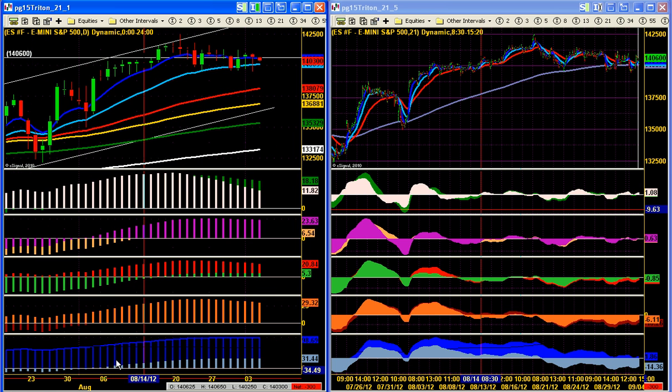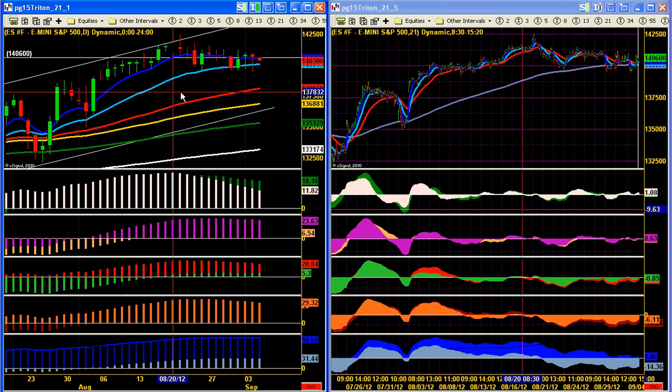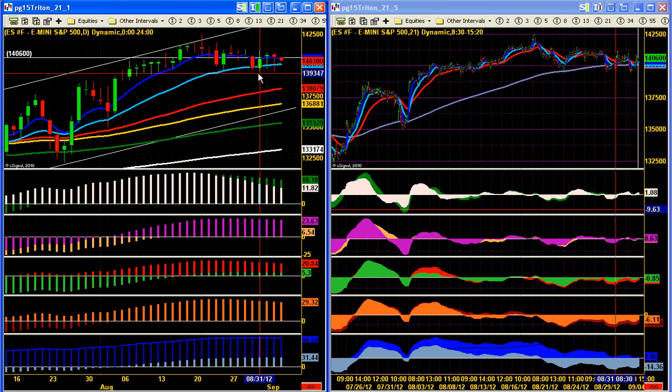Friday's action was it came down, the ES came down and hit the 21 period moving average on the daily on the left-hand chart and closed near the highs of the day. On Sunday, when it opened for trading on the Asian market, it came down and hit the 21 period moving average. It was down about